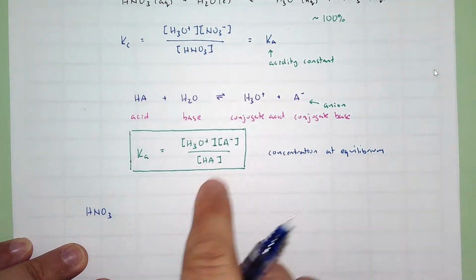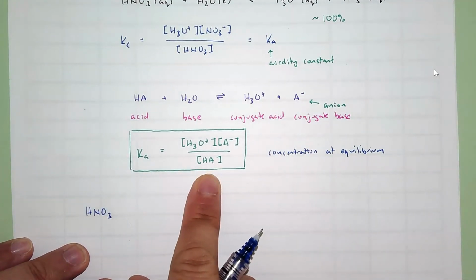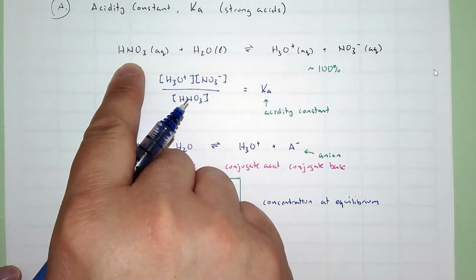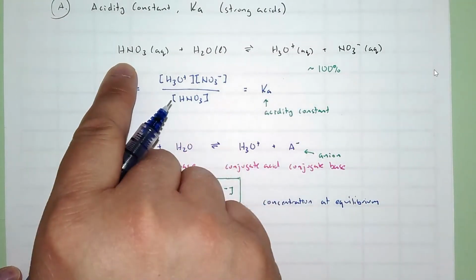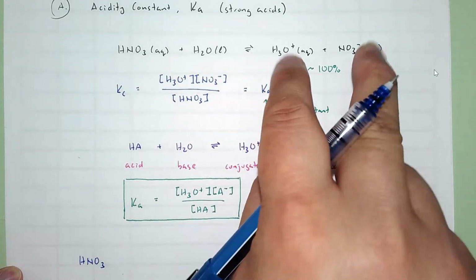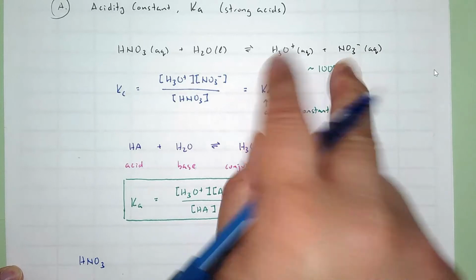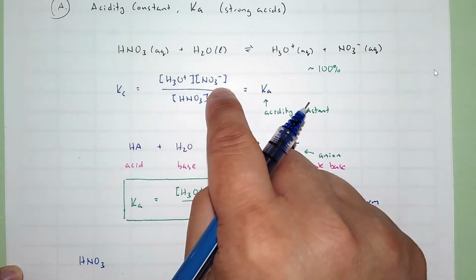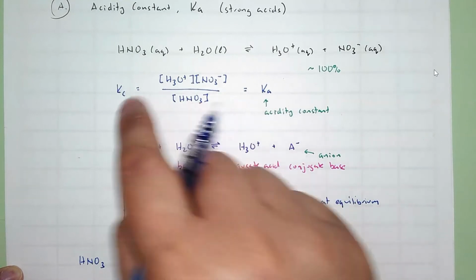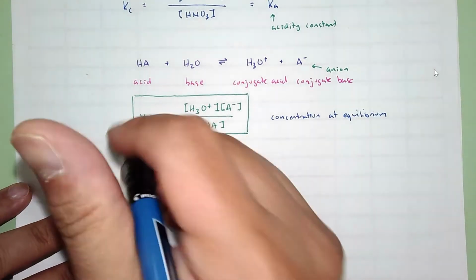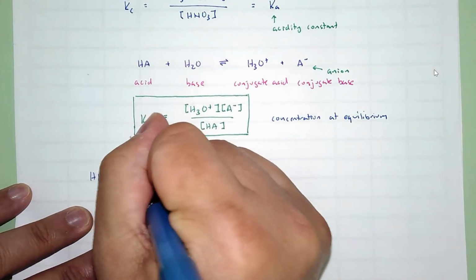our denominator actually gets closer and closer to 0 because all of this essentially dissociates and we have none of the starting acid and everything is the H3O plus and the NO3 minus. So you can imagine that the numerator gets super large, the denominator gets super small, Ka skyrockets. So for HNO3, which is a strong acid,